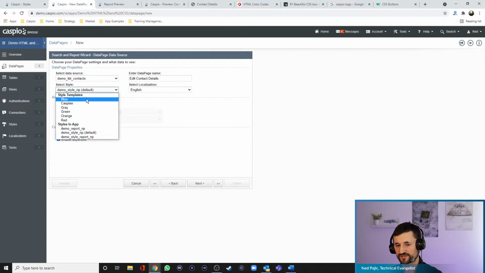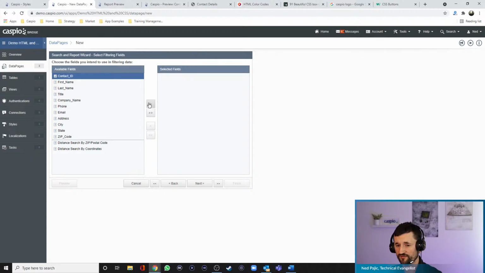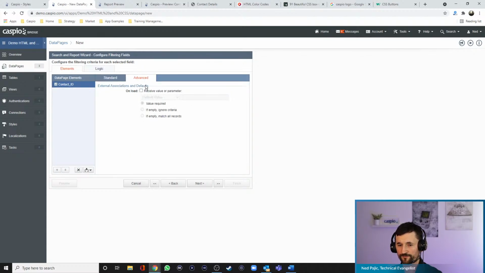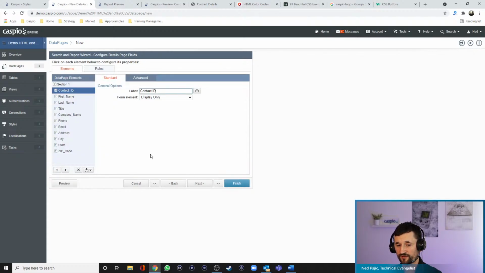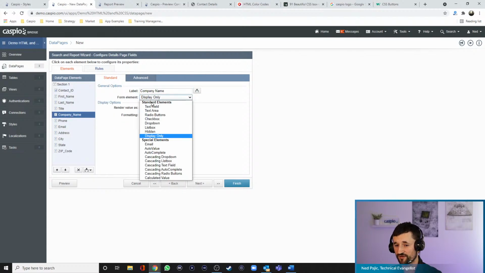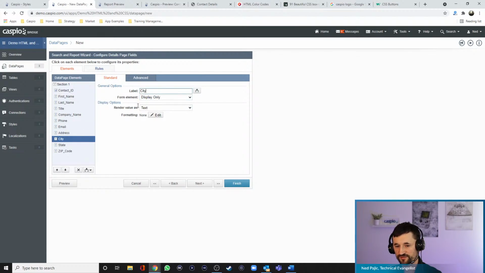We're going to use maybe the same blue style, English, and hit next. And once again, we're going to need to filter data because we need to receive the parameter contact ID to the edit form. Receive value externally CID. That's the parameter name. Value must be required. Hit next. Move all the fields to the right, and just make all of your fields now either become a text field or a different field element. If you want that to be a drop down or a text area, it's completely up to you how you want all of your fields to be modifiable. So let me change this really quickly